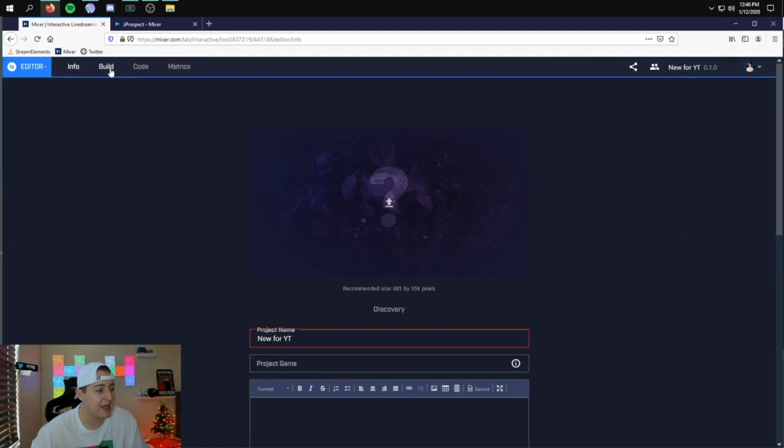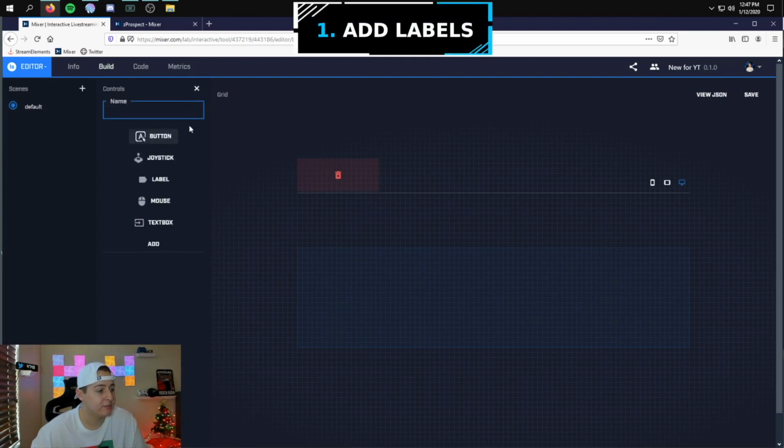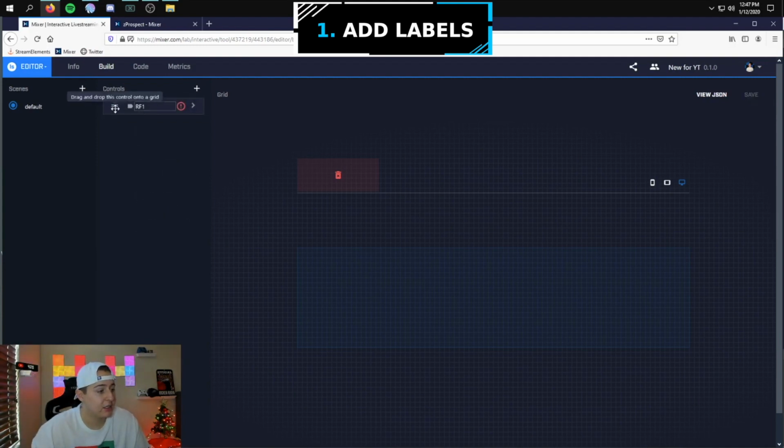Go to Build in the top left. First thing you want to do is click on New Control. Click on the plus sign and New Control. You're going to want to add a label. You can name this whatever you want. For me, I'm going to name it RF1 for recent follower. You're going to click Add. You're going to drag it into the box. And you can make it whatever size that you want. If you want to drag it all the way across, whatever you want to do,